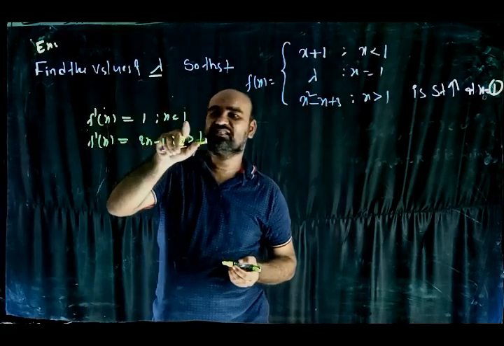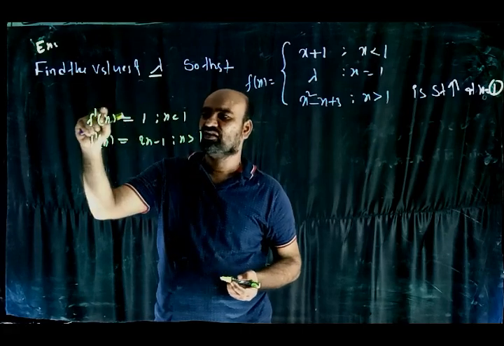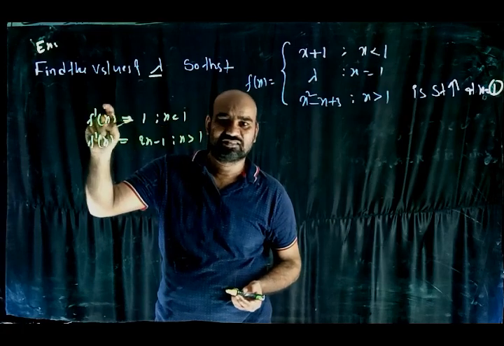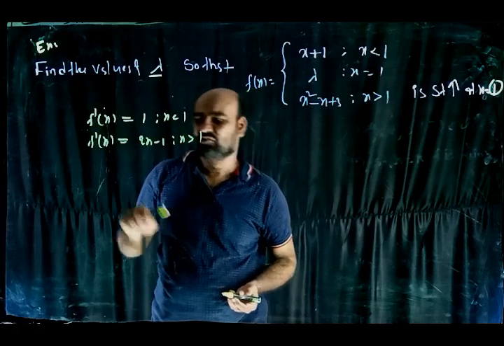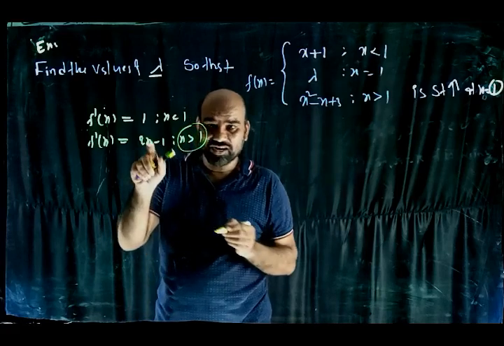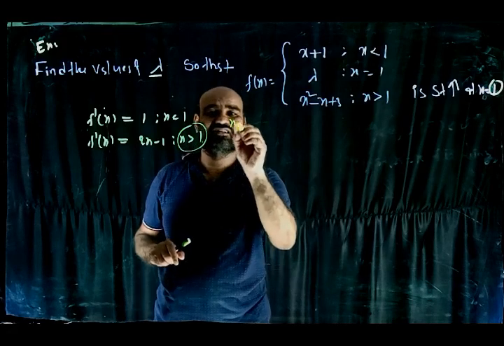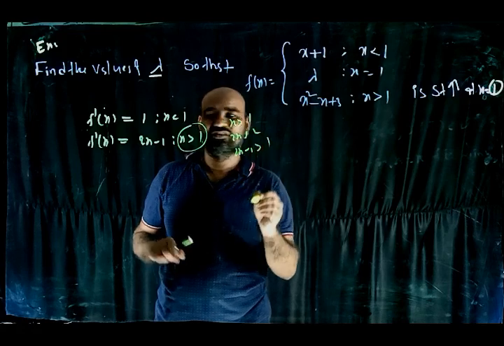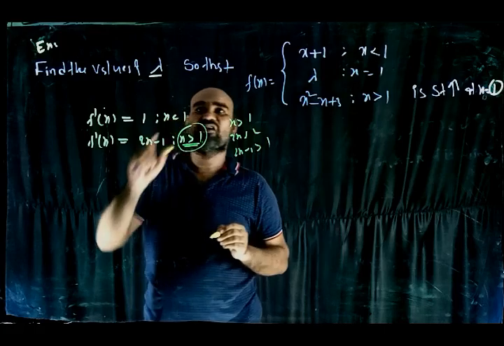Observe here, for any value of x less than 1, f dash of x is greater than 0, which means it is increasing. For the values of x less than 1, the given f of x is increasing. Okay. f dash of x is 2x minus 1. So in this interval, we need to find the sign of f dash of x. x is greater than 1, 2x is greater than 2, 2x minus 1 is greater than 1. So this value is always greater than 1, positive. So in this interval also, f of x is increasing.